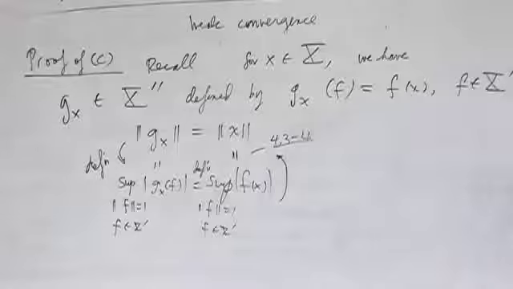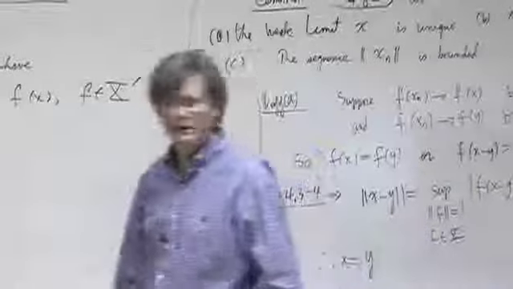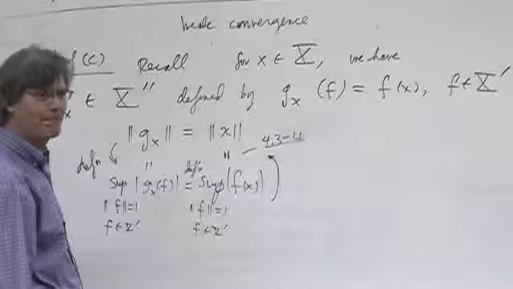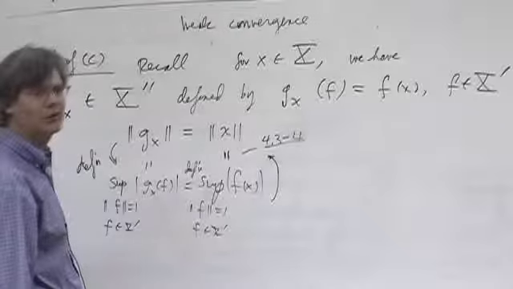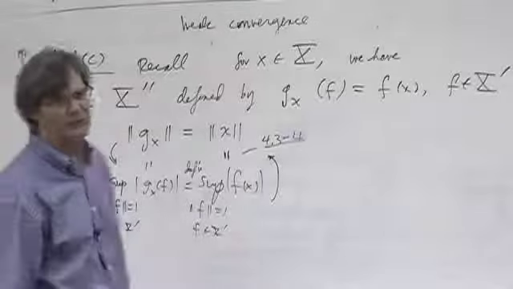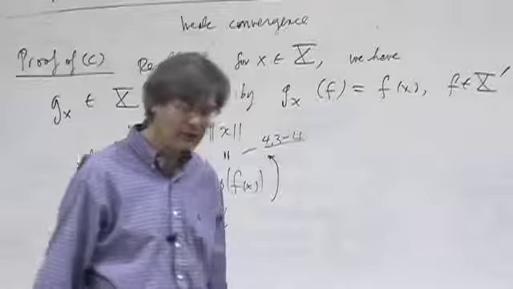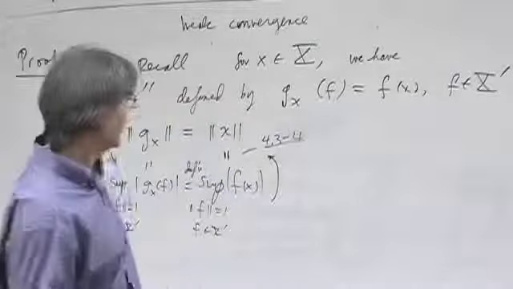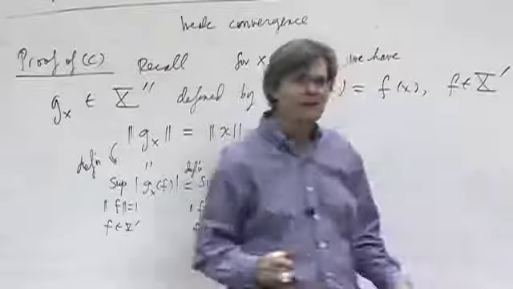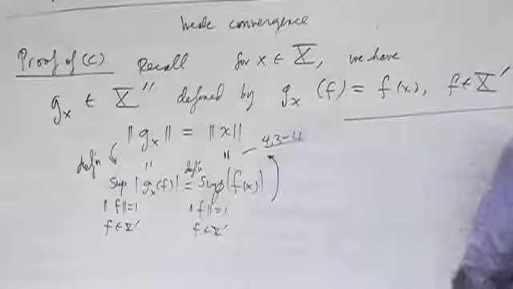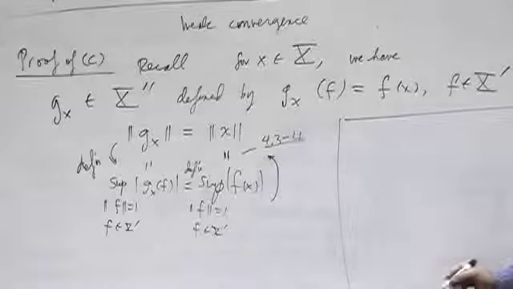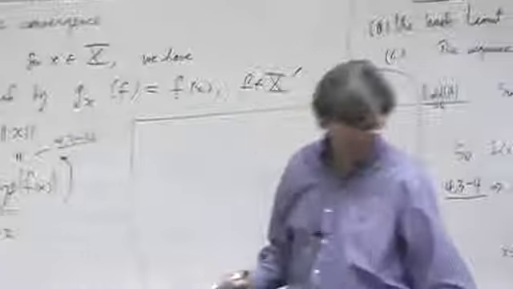So therefore, I can think of the norm of xn as the norm of one of these, a g sub xn. So that means I can think of xn as actually the norm of an operator or a functional. So that means I can bring in the uniform boundedness theorem. Hopefully. But what the uniform boundedness theorem needs is a complete space. But luckily, x prime is automatically complete. So we're in. That's kind of a lucky thing that happens. So now I claim that I can apply the uniform boundedness theorem.